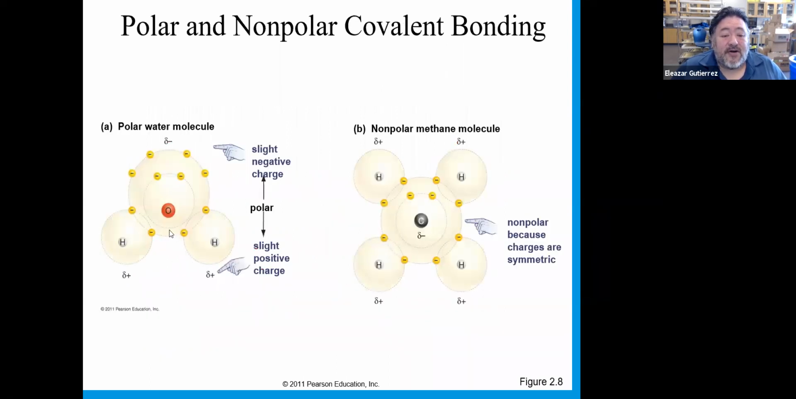So here we are. Here's a water molecule. It's got oxygen. Remember, oxygen,